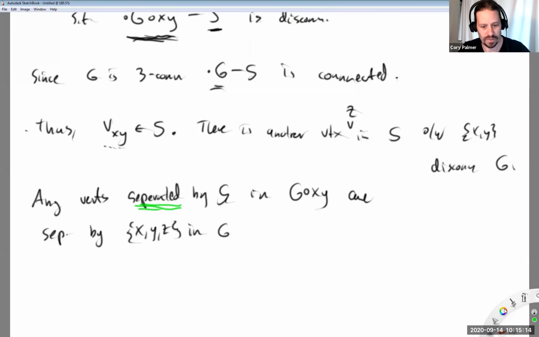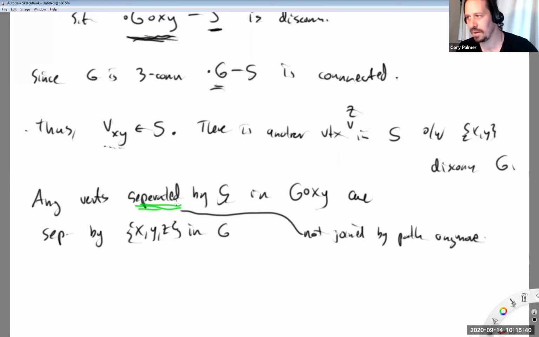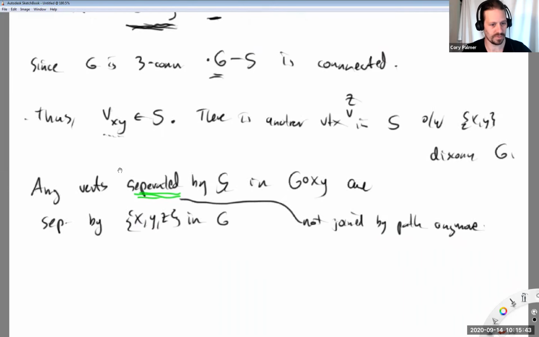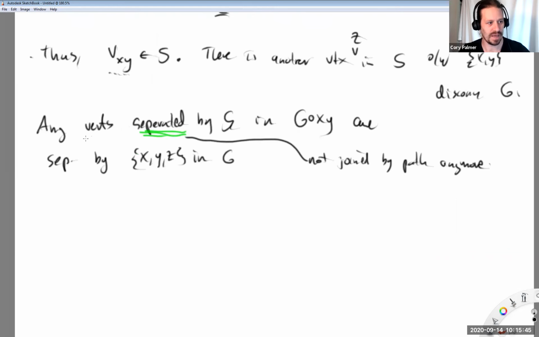That's all it means, that they're witnesses for it not being connected, right? They're separated. We use this term a ton. Sometimes I'll literally say separated to mean disconnected. But when you say separated, you really should be referring to two vertices, or a subgraph and a vertex. It's just two things that are no longer joined to each other by a path anymore. That's a very standard term in connectivity. It's very descriptive. It just avoids having to say any two vertices in different components of G contract XY minus S, that you're just talking about being separated by